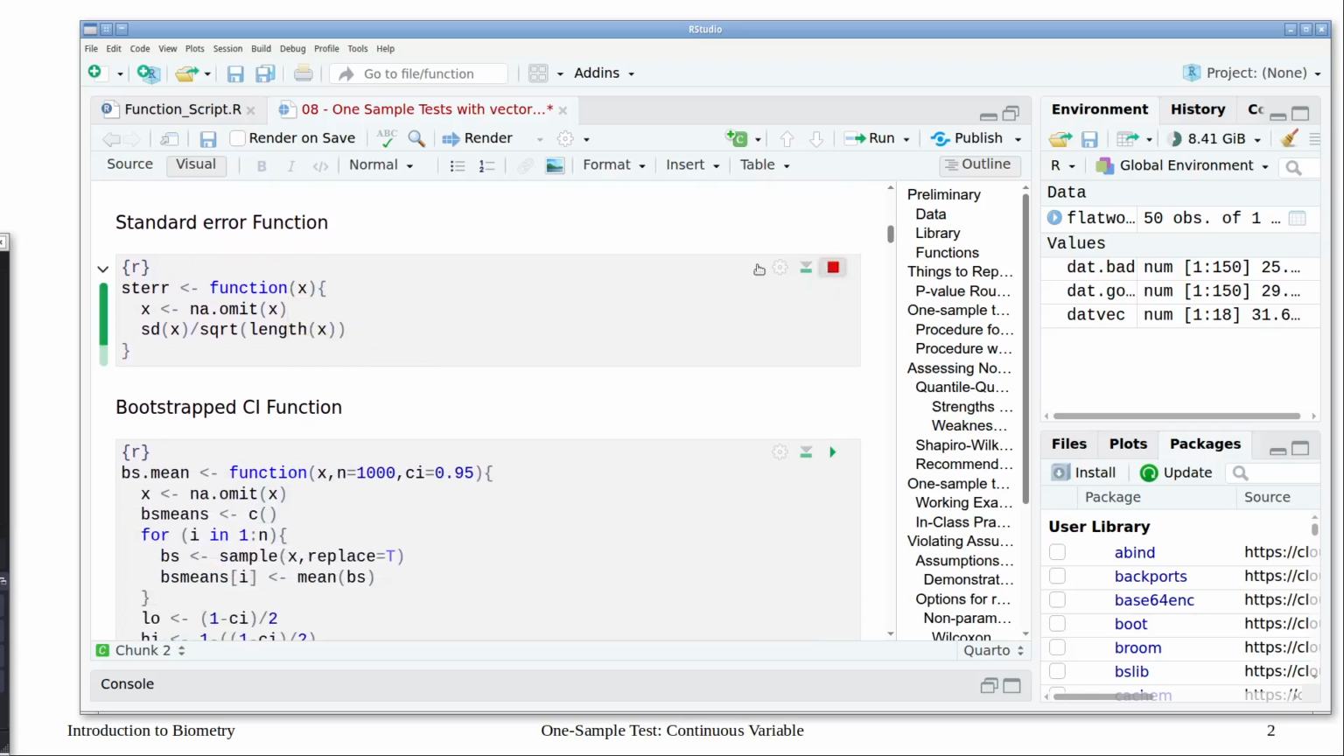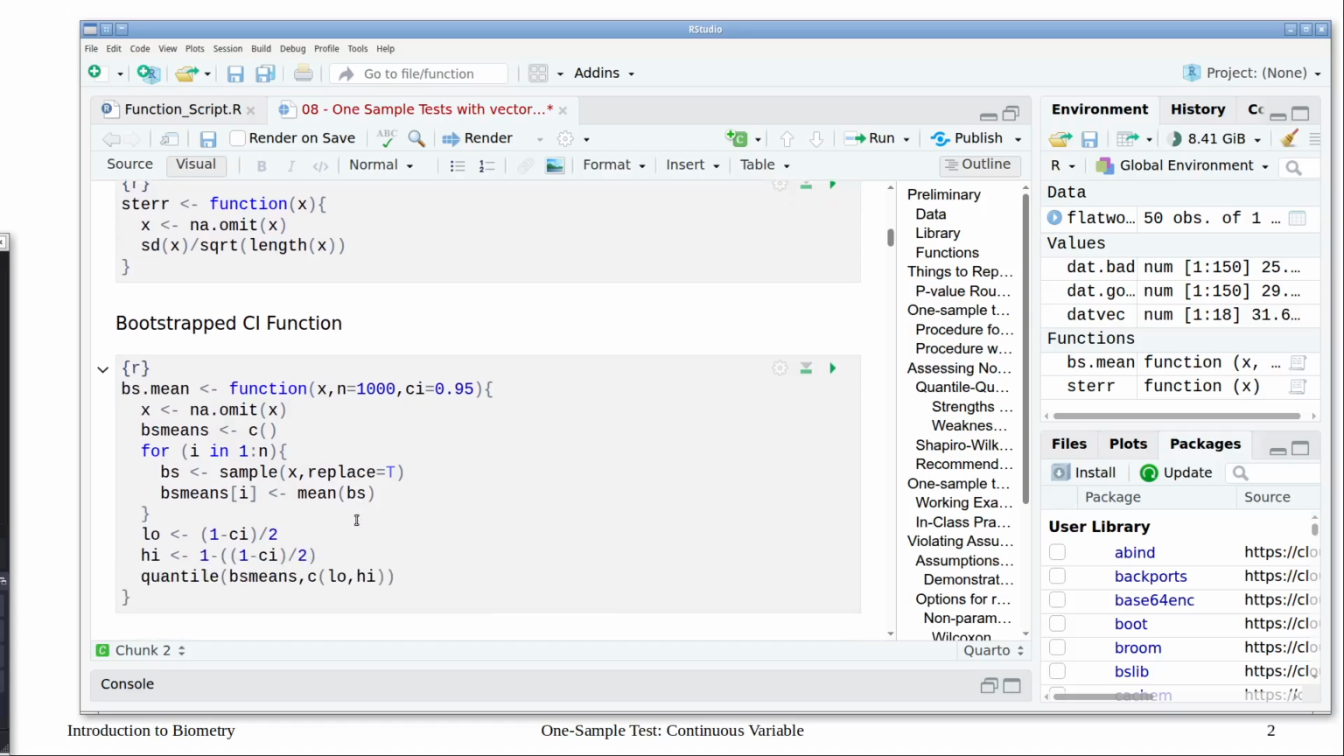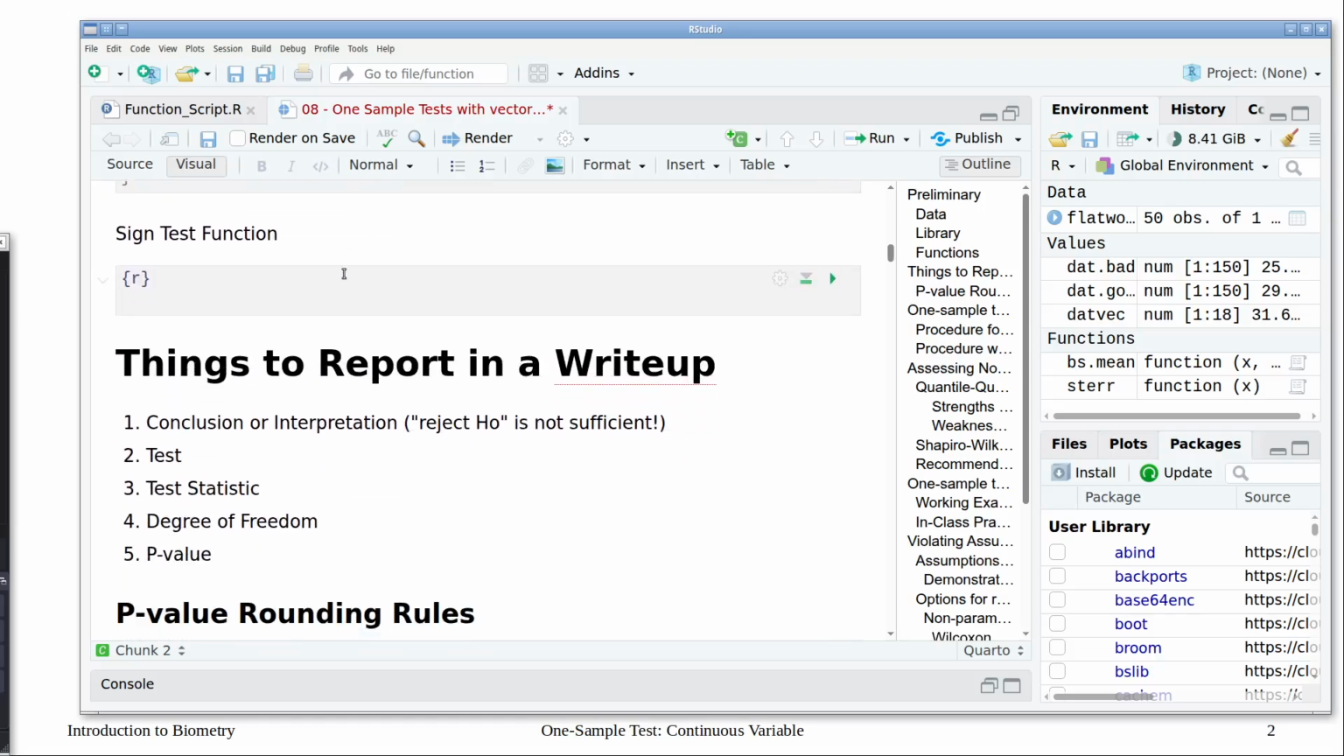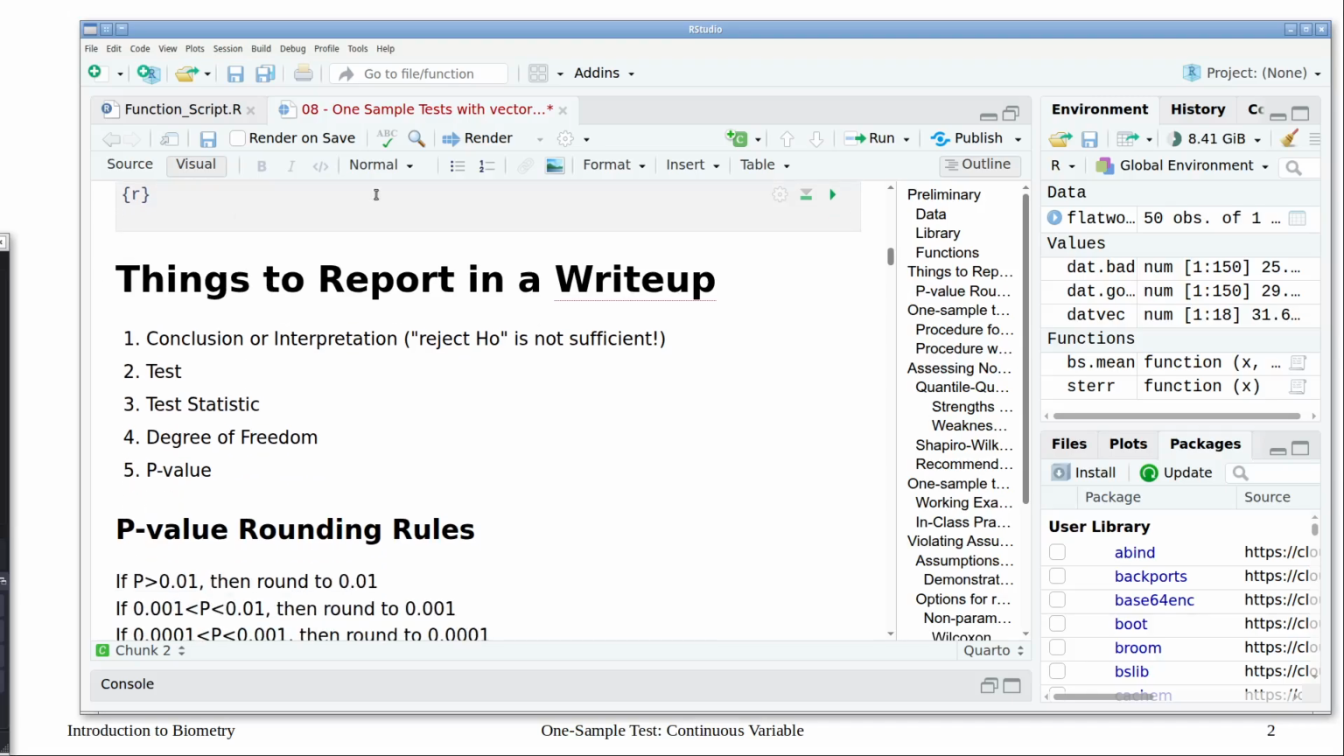I have standard error and bootstrap confidence interval. We won't get to this in this presentation, but we will later. We'll continue this QMD file after our exam. And of course, the sign test, we'll leave it as is. So we have our data,